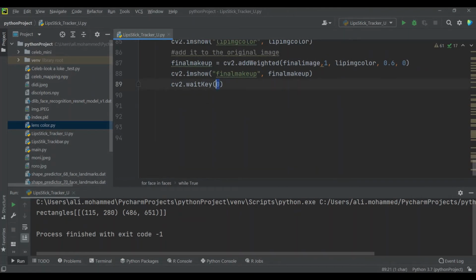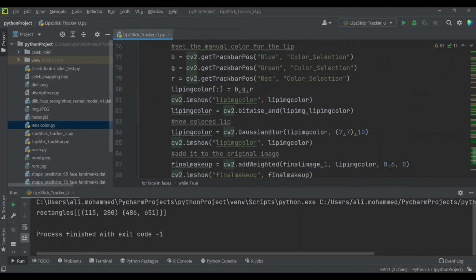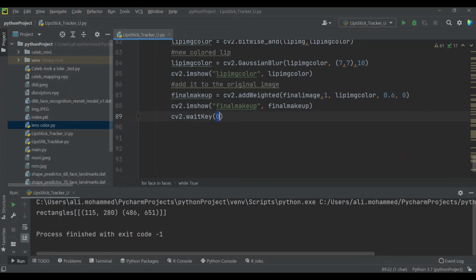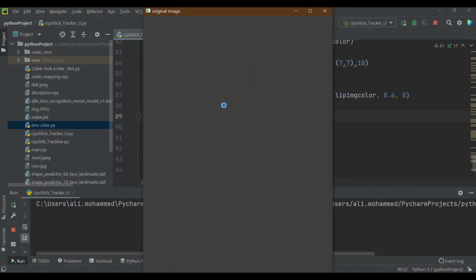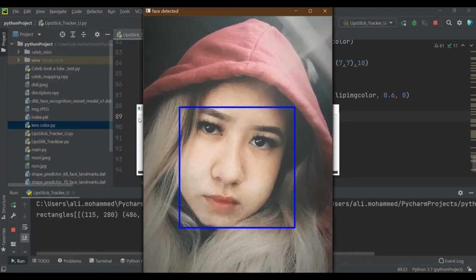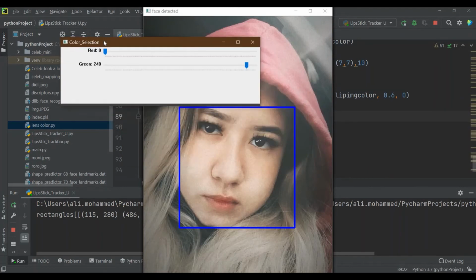This one, because as we said before, this one is a waiting state for infinity numbers. It will not release the processor to do something else. So it's better to add some value. Let's say 1. Yeah, so